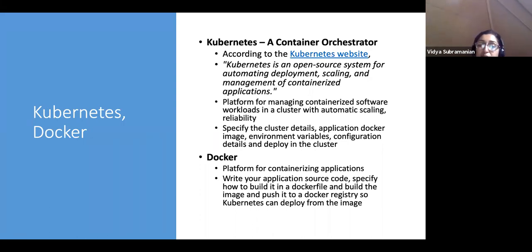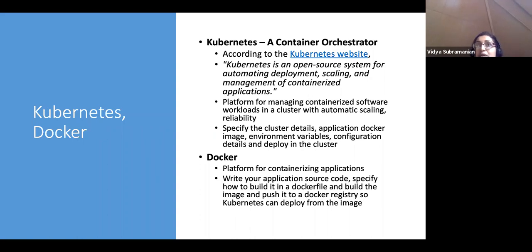The assumption is people know applications can be containerized, and one of the mechanisms for containerization of application is by using Docker. Docker is a platform. Again, the most popular, not the only way of containerizing, but most popular one. And Kubernetes supports other mechanisms as well, but Docker again is the most popular one. So Docker is a platform that allows the containerizations.